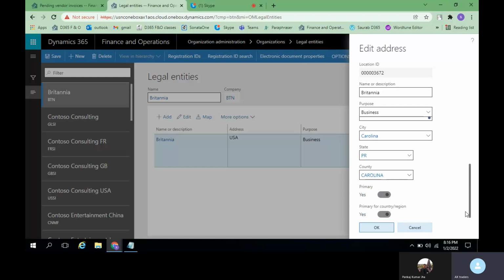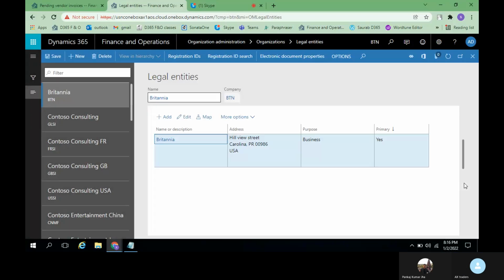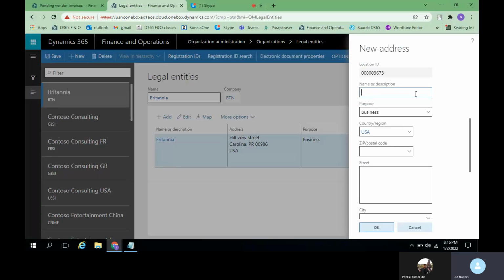Okay, I think it is not allowing us to. No problem. You can just make it as a yes, since we will give this address for the USA as a primary address. Just click on OK. While creating the next address, it will show those primary options once again. So now we have created the business address. Now we will try to create one more address for any other purpose, like warehouse or anything. We will create it as a warehouse.